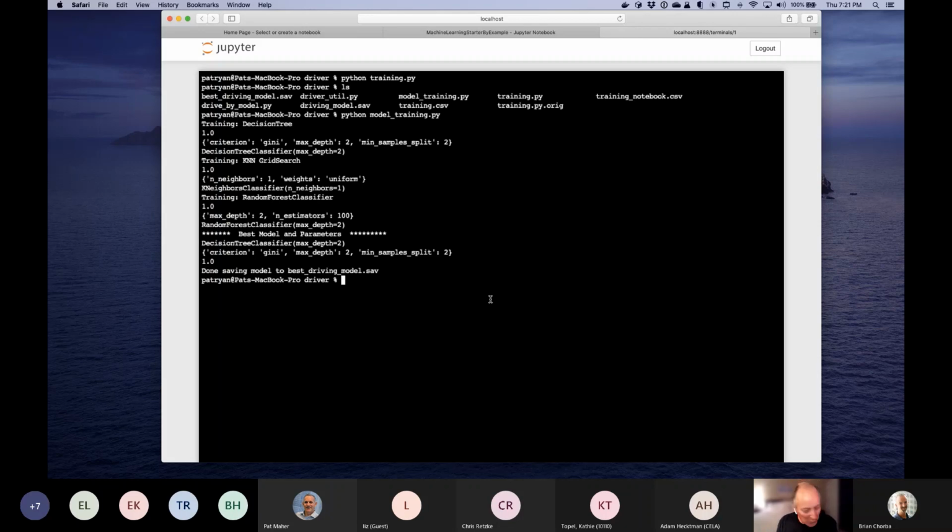And that's because I only told it to go straight. I only had one answer. So of course it's going to be perfect. But let's see what happens. And the model now thinks it's awesome. So now let's try to actually use that model to drive.